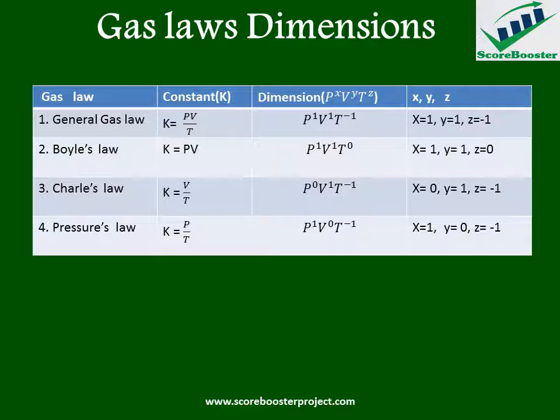The first column represents the gas law, followed by the second column which represents the gas constant, then the third column representing the dimension, and the last one representing the value of the power of the dimension. Now, number one here is the general gas law, whose constant K is given as PV over